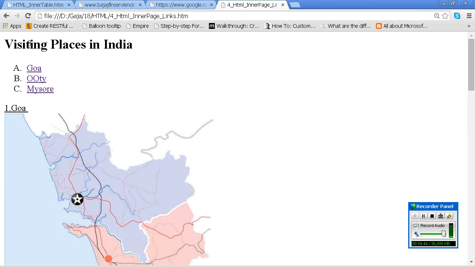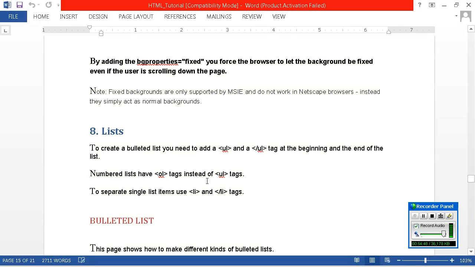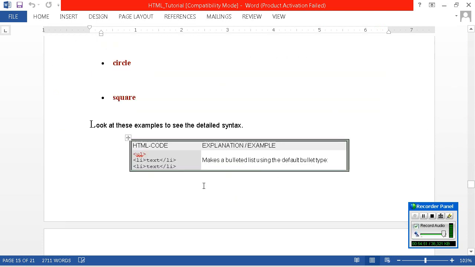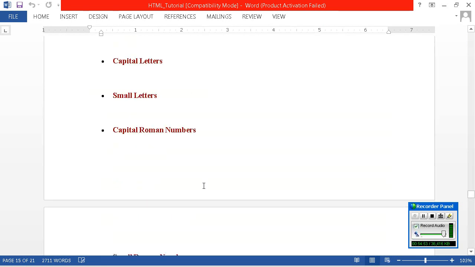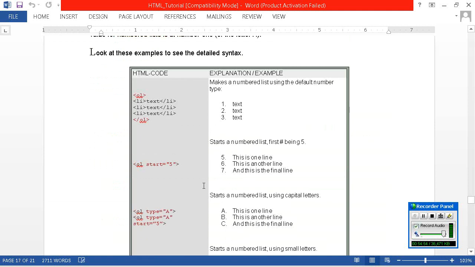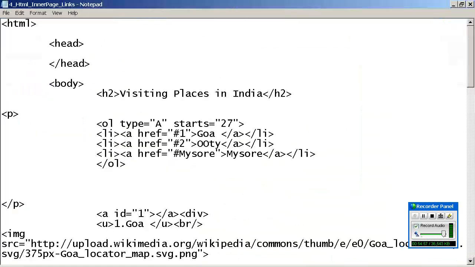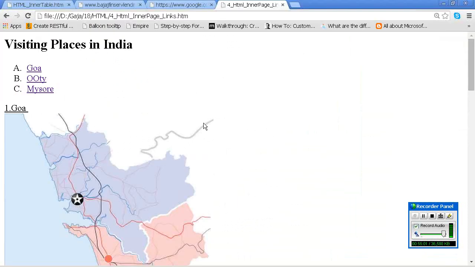You know alphabets are from A to Z, 1 to 26.